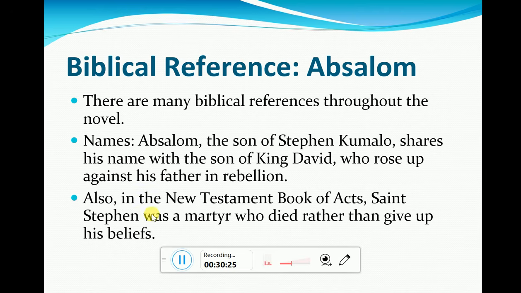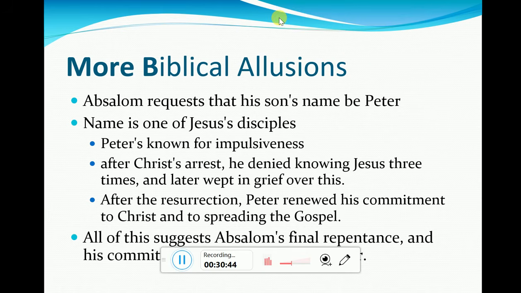And there's also in the New Testament book of Acts, Saint Stephen, who was a martyr who died rather than give up his beliefs. And indeed, Reverend Stephen Kumalo is a man of faith who clung to his faith even under severe, if not difficult, circumstances. Now, when Reverend Stephen Kumalo meets with Absalom in prison,